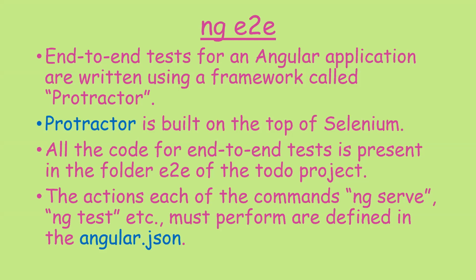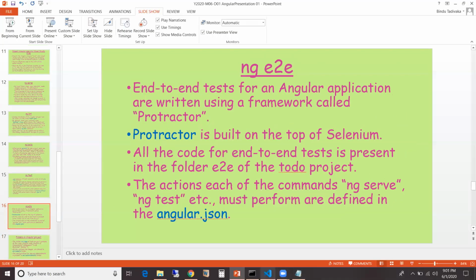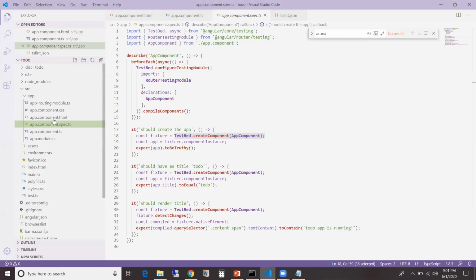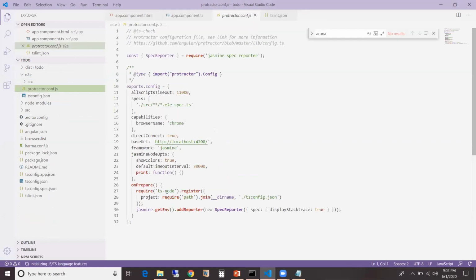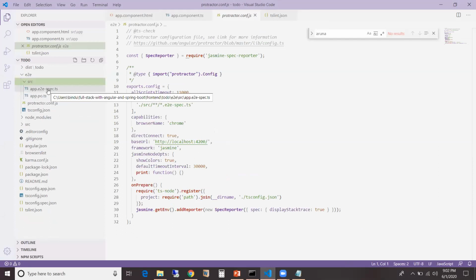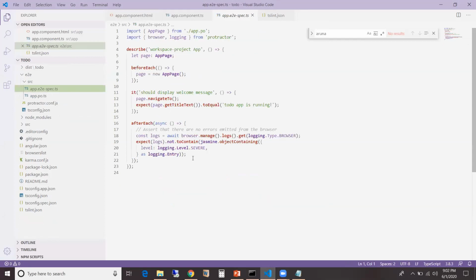All the code for end-to-end tests is present in the folder E2E. The actions, each of the commands. Okay, so let's go here. In the E2E folder, we have the Protractor configuration here. And if I go to SRC, I think these are the end-to-end tests.